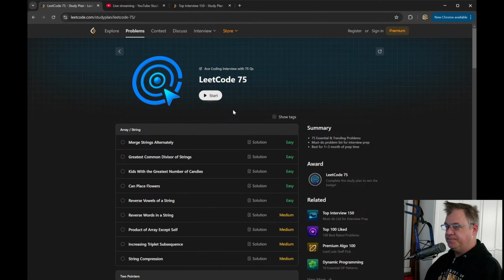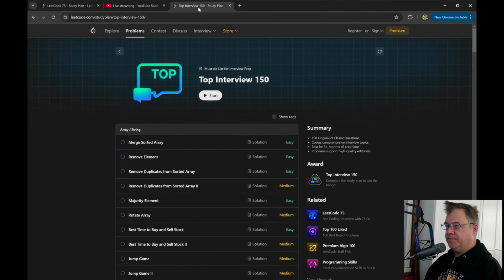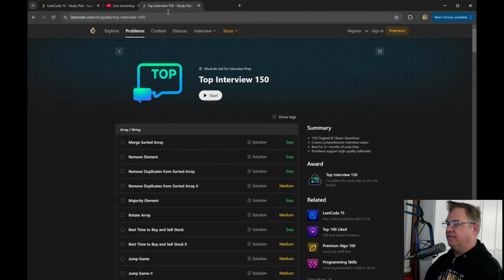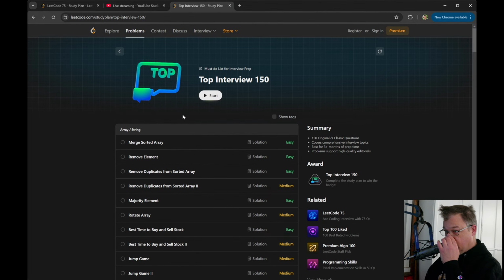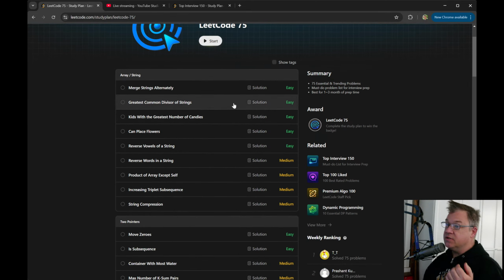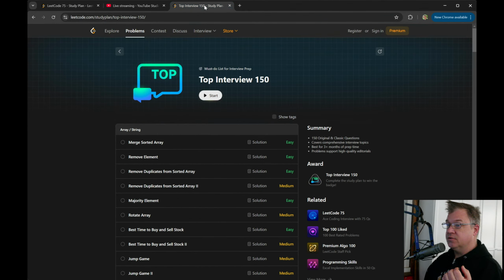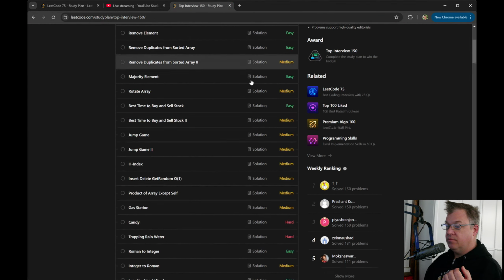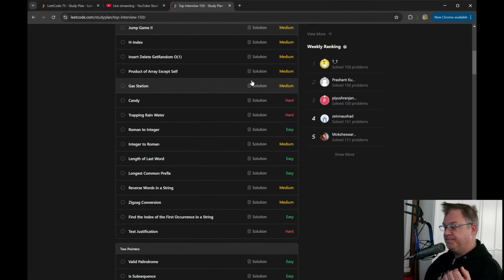And they're notably different. You would think they would overlap, but they don't overlap, at least in these first couple with the arrays and the strings. There aren't duplicates.